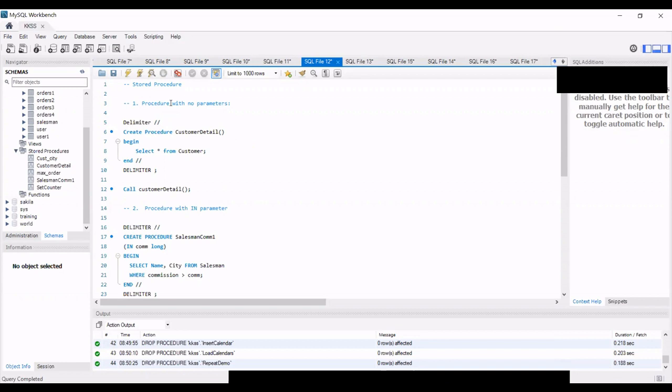We saw 4 different types of stored procedure in terms of parameters. The first one was in which we create a stored procedure and you don't need to pass any parameter value. It can do a simple task, like reading a table with some clause, or only a few fields of the table. You can just create a stored procedure and call it, and it will perform that query. So you don't need to pass any parameters in that.